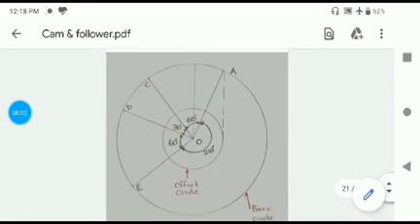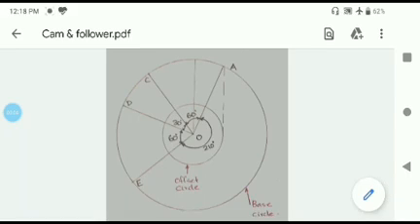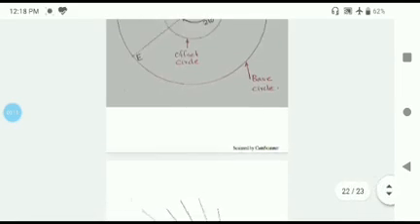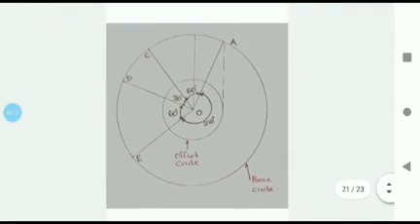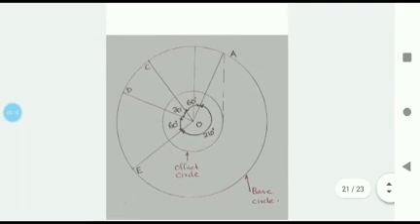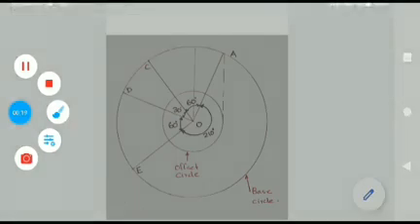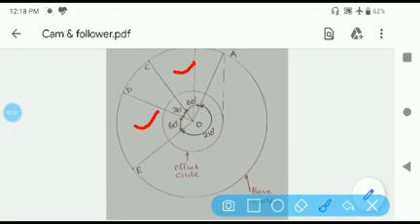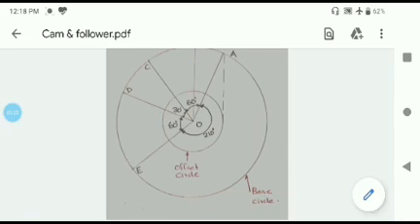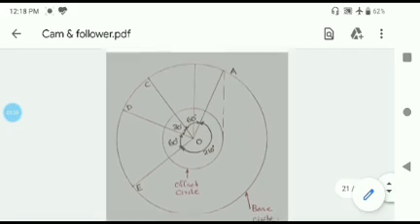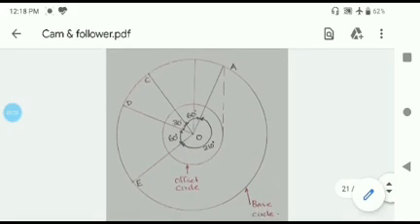After dividing the base circle into the various regions of the follower motion, like before, we need to divide the outstroke region and the return stroke region into 6 equal parts. Now, while dividing the outstroke region and the return stroke region into 6 equal parts, there is a small change